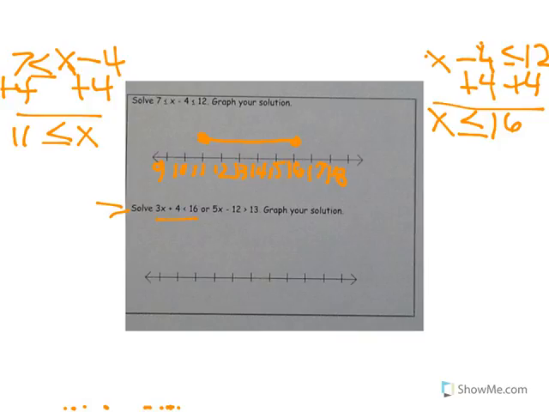So in this case here, we're going to solve the inequality by subtracting 4 from both sides and then dividing by 3. And for this one here, we're going to add 12 to both sides and then divide by 5. And what we'll end up with is 3x is less than 12. Just subtracted 4 from both sides, and x is less than 4. Then over here it's going to be